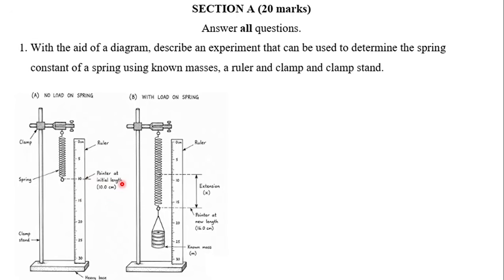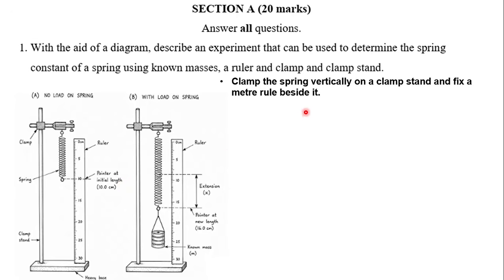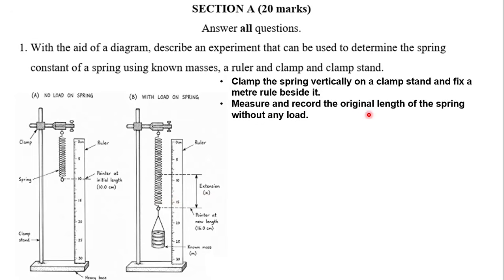Welcome, learners. So clamp the spring vertically on a clamp stand and fix a meter rule beside it. That's shown here. So clamp the spring vertically. This is the spring clamped here vertically on a clamp stand. And then we place a ruler beside it. Once that's done, we measure and record the original length of the spring without any load. So measure this length,